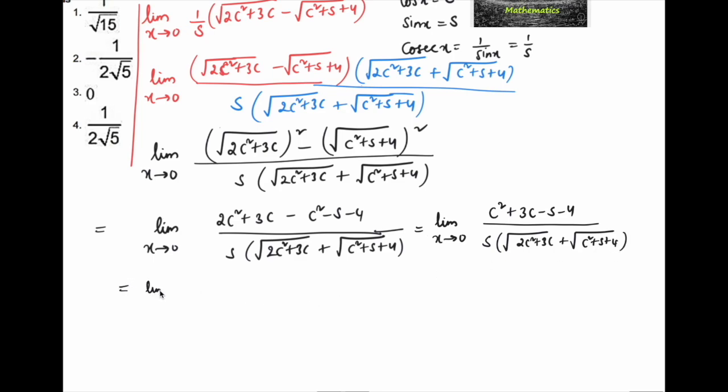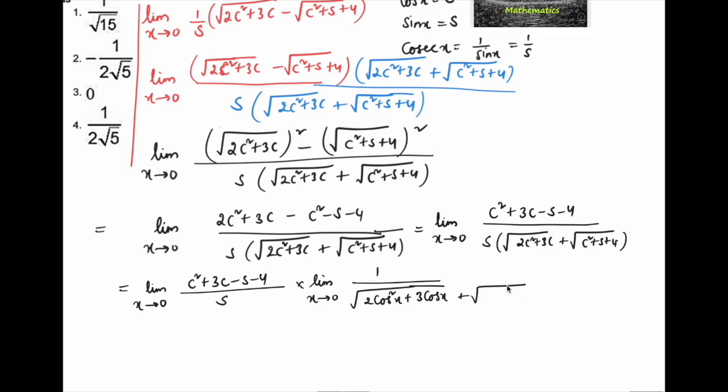So let us split into two. Limit x tends to 0, cos square x plus 3 cos x minus sin x minus 4 divided by sin x, into limit x tends to 0, 1 upon under root of, let me write cos x as c, so 2 cos square x plus 3 cos x, and again plus under root of cos square x plus sin x plus 4,